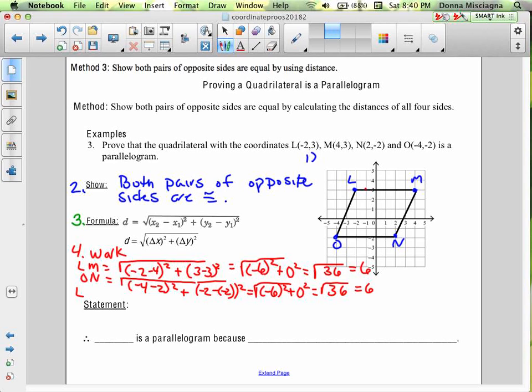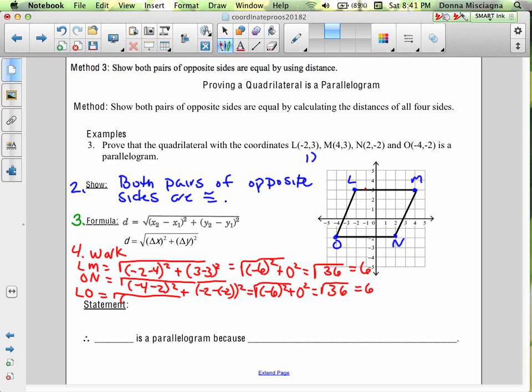So, I figured we need to practice with the distance formula anyway, so I did it on the horizontal lines too, but we definitely need it for the other two sides, which are LO and MN. So LO, take the difference in the x-coordinates, right? So that would be